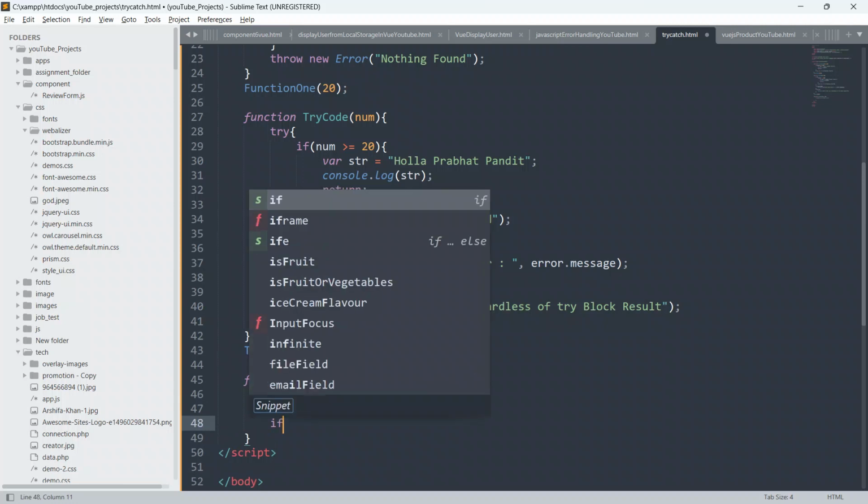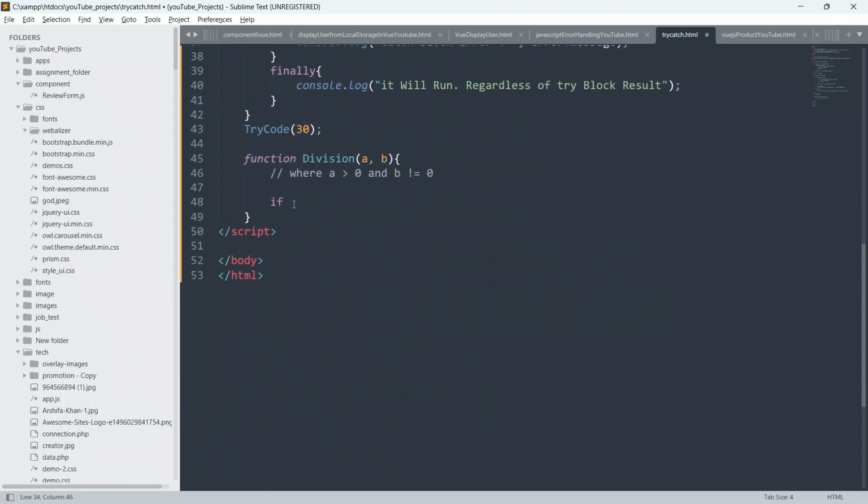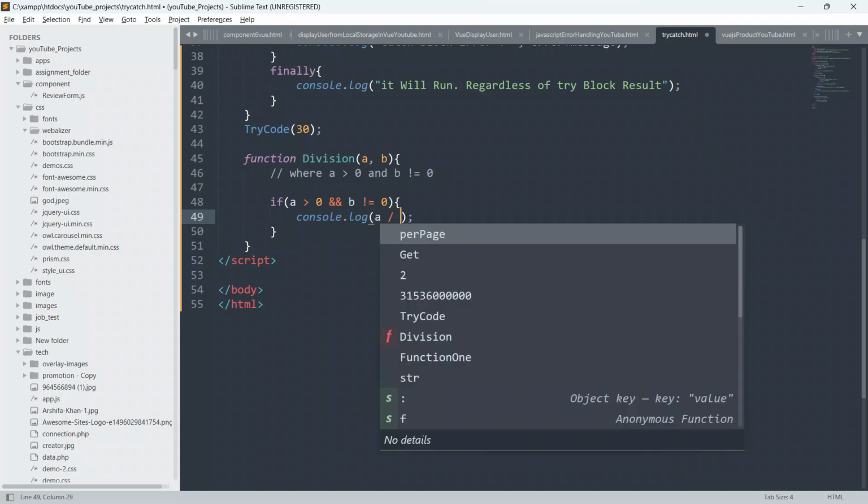Now we will check if a is greater than 0 and b does not equal 0, then what we will do is open curly braces and we will just console.log the division of a and b, so a division b.